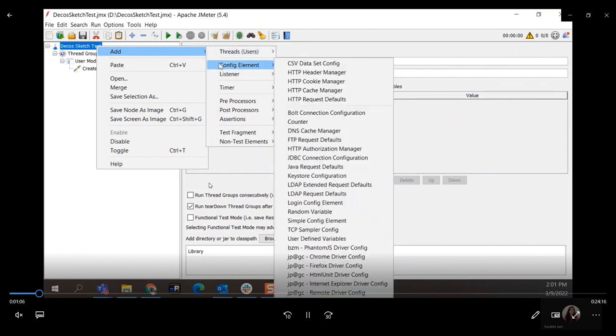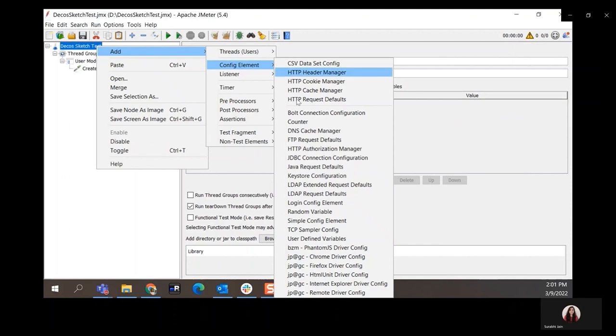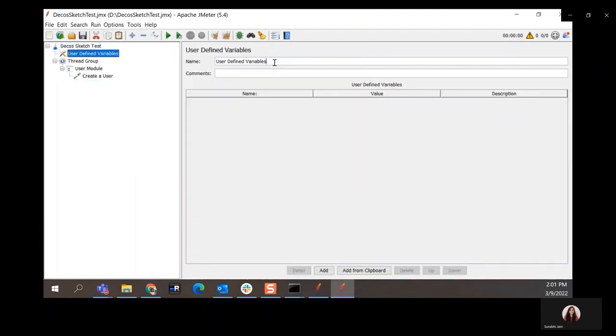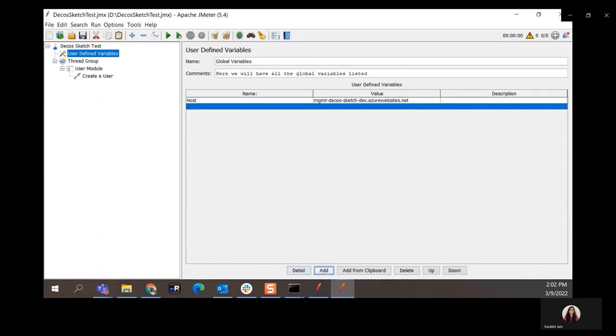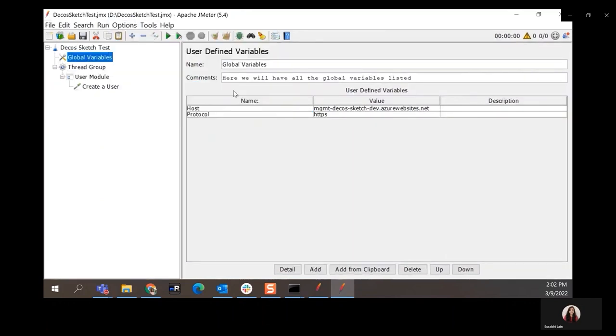Now to the test plan, let us add few user-defined variables, which are global variables. These variables will remain consistent throughout the test script. So we would add host and protocol values here. So we use an HTTPS protocol. Okay, we save them. Let's just zoom in